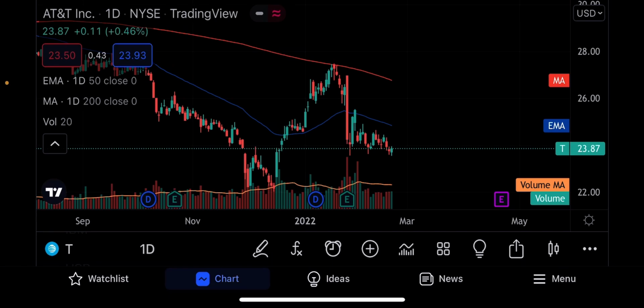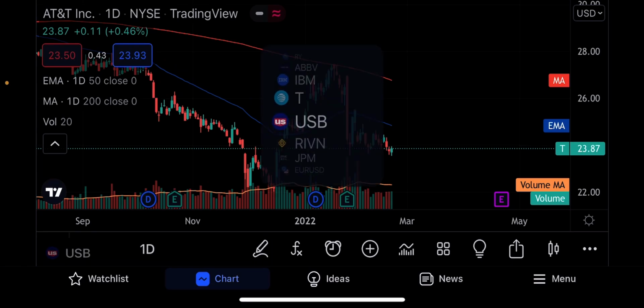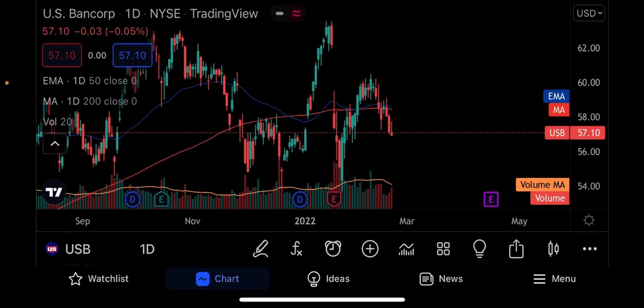AT&T is flattening out. I think the news has sort of worn itself out. Everybody now knows how the split is going to happen between AT&T and its spin-off to Discovery, what the stock will be worth at that time, how many shares of the Discovery you're going to get, and what your subsequent dividend will be.